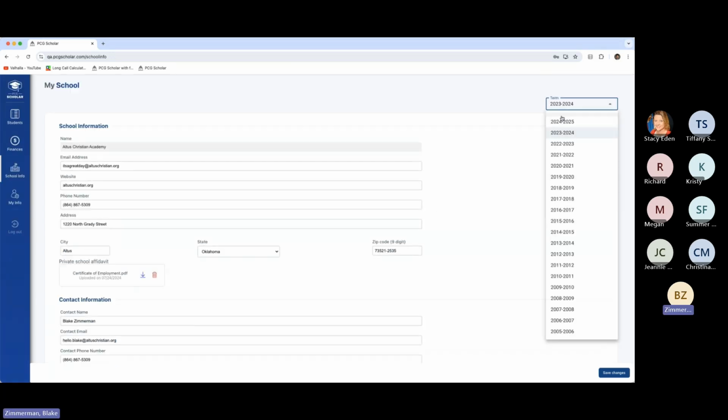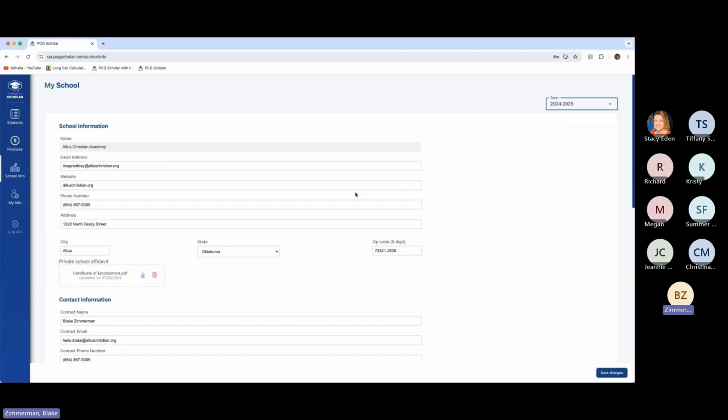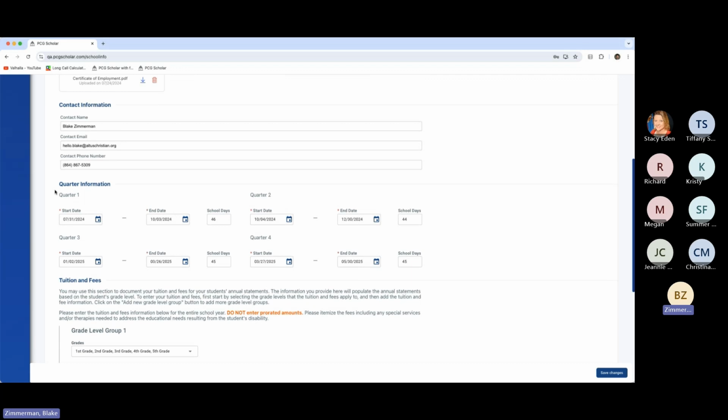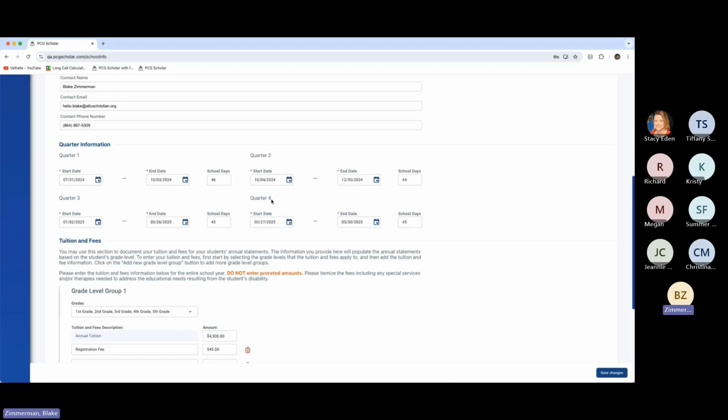If I want to look at this upcoming school year, I need to make sure I go to 24-25, and I'll have different dates in here, extending from 2024 to 2025. This information needs to be filled in. You need to define your quarter start and end date and the number of school days in that quarter for each quarter. This is what's going to drive your invoicing, and it's going to determine whether you can invoice for a student in a quarter based on when the student started attending your school or when their scholarship application was approved. Or if the student left your school in the middle of the year,